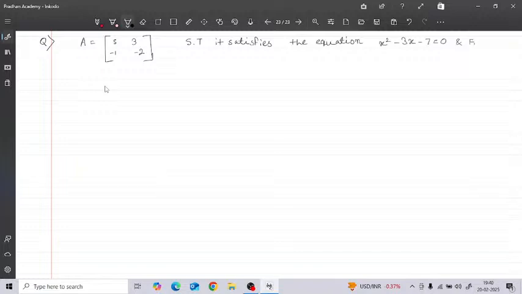Okay, so next question, similar type. A equals to minus 1, then we have to show that it satisfies the equation x square minus 3x minus 7 is equal to 0, and hence we have to find A inverse. Okay,